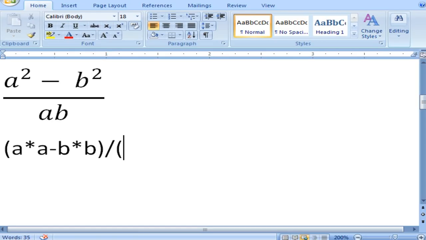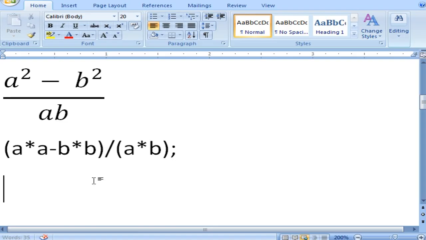Otherwise what happens is it will divide only by a, because according to the rule, if you have an expression with the division symbol, that is slash, and asterisk in the same expression, it will evaluate from left to right. Associativity will be from left to right. If you don't put these parentheses, you have a slash symbol and an asterisk symbol. So the slash symbol will work first, which will divide only by a. That means it won't include b. So you have to put parentheses so that it will multiply first and then finally divide. Then you use the semicolon.